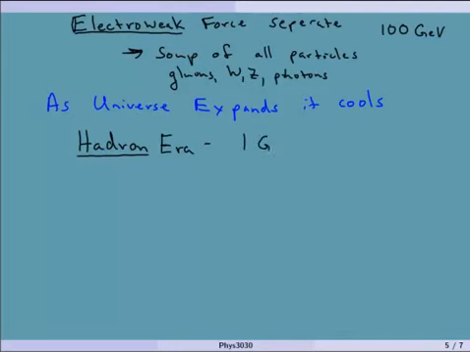This is at energies of about 1 GeV, which corresponds to about 10 to the 13 Kelvin, which is really, really hot. These temperatures, and this is at about 10 to the negative fourth seconds into the creation of the universe,